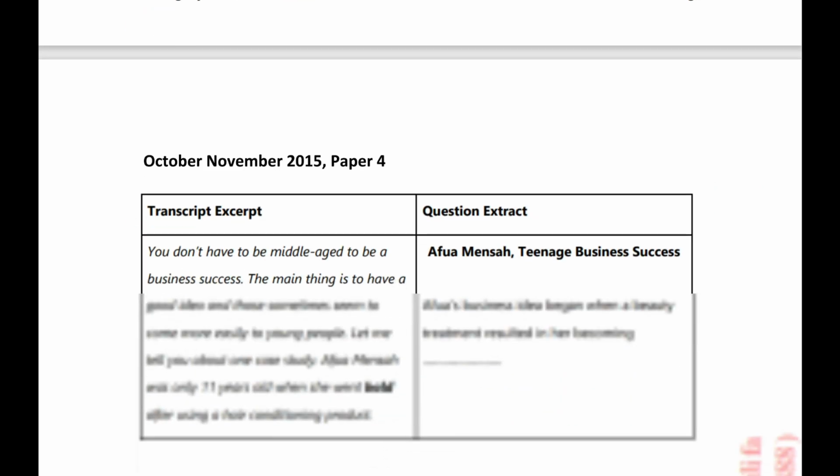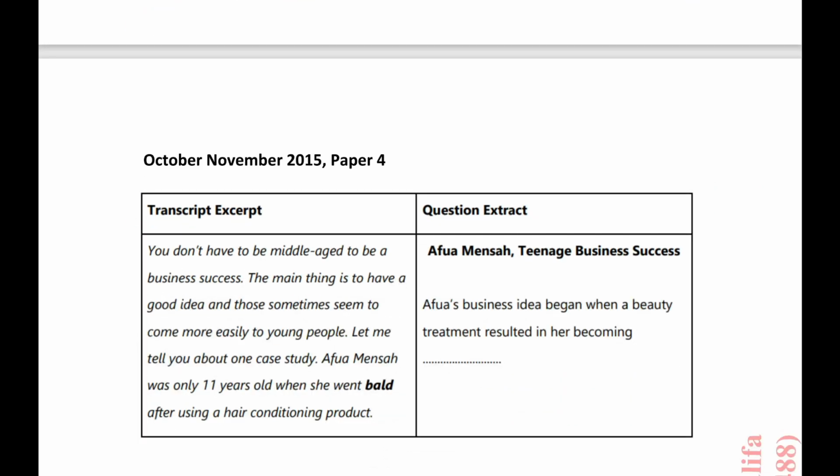Okay, another technique that we will use in listening, Cambridge paper 4, 0510, 0511, is homophones. You need to be aware of the homophones. What is the homophones first? Homophones are words with different meanings, which are pronounced in the same way but are spelled differently. That's it, guys. Give us an example.